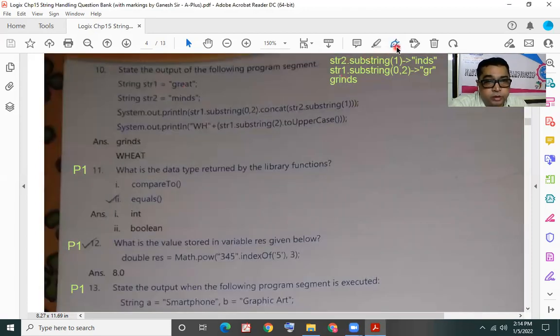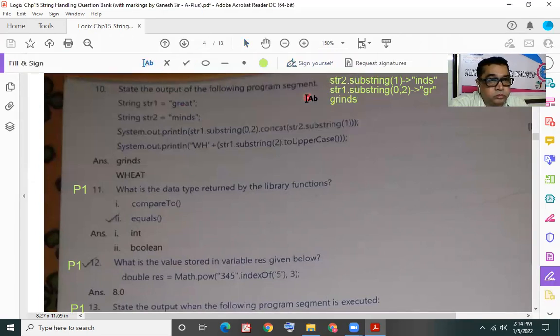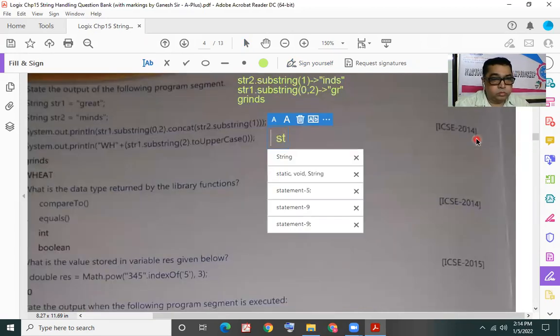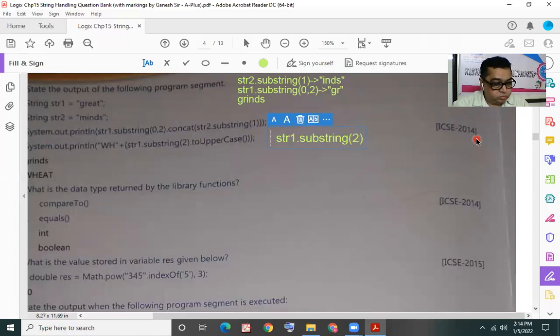Let me type it over here. It will give us the character T. Now what is going to be done further?